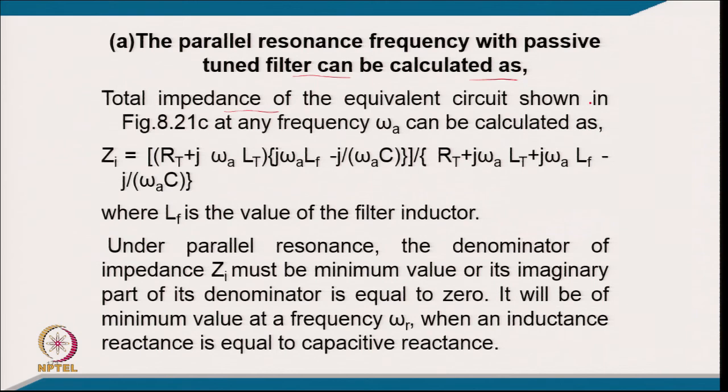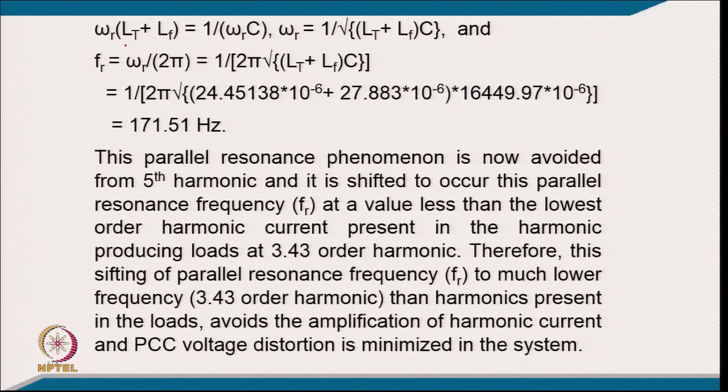The total equivalent circuit is shown in the figure: this is the total impedance of resistance, then inductance, total inductance, and the filter inductance. This is the filter impedance, this is the impedance of the source, and the sum of both is a parallel combination, and LF is the value of the filter inductor. Under parallel resonance, the denominator of the impedance must be minimum, that is, the imaginary part of the denominator equal to 0. It will be minimum at the frequency omega r when the inductive reactance is equal to the capacitive reactance. So, we put the value here, along with LT we put LF, and from this capacitor